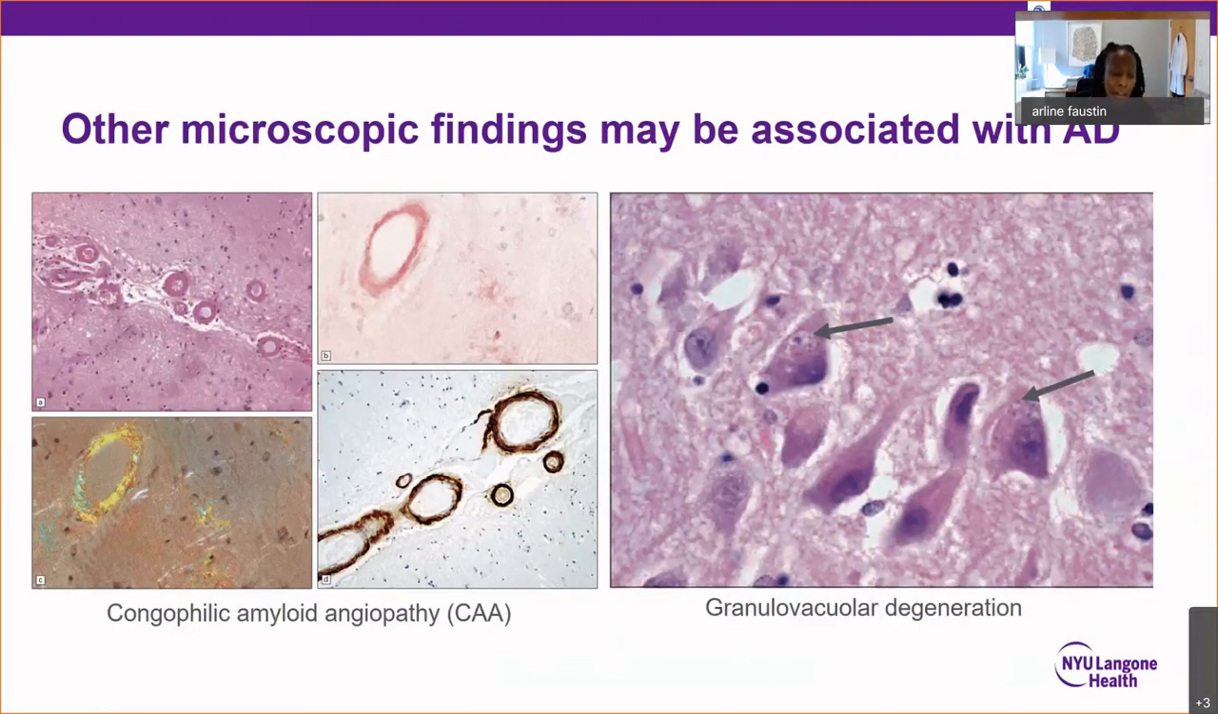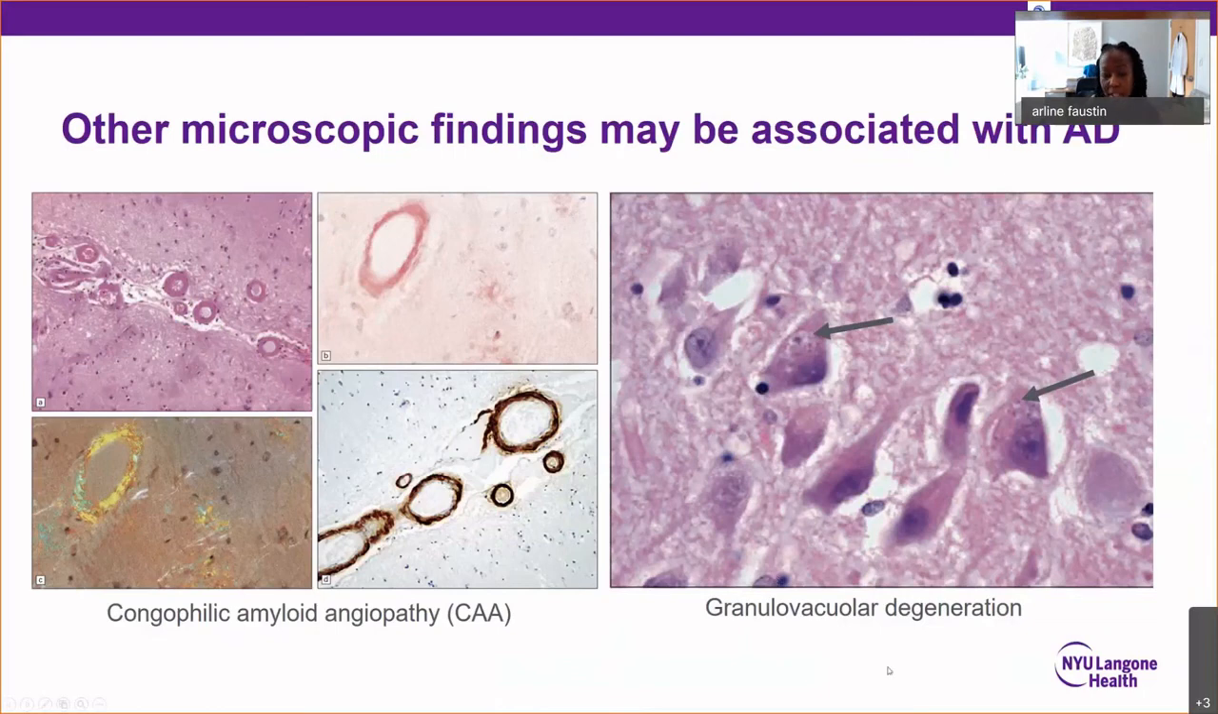It is a cause of bleeding in the brain. Just because you have CAA doesn't mean you'll have bleeds. It's just one of those findings that's associated with AD. It's not causative, but it's associated. Another finding